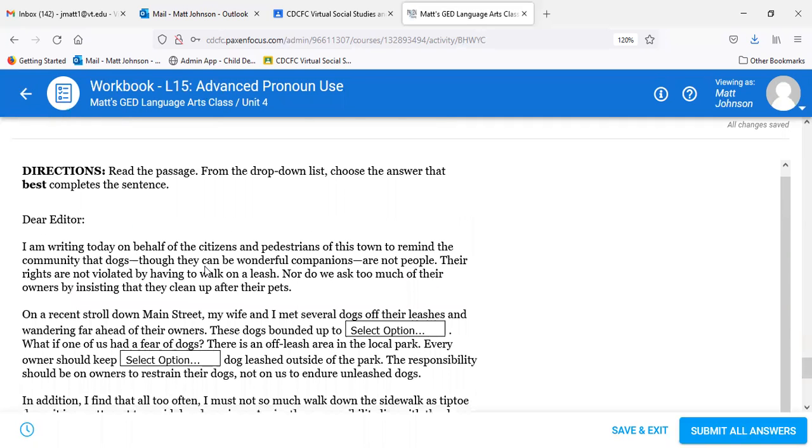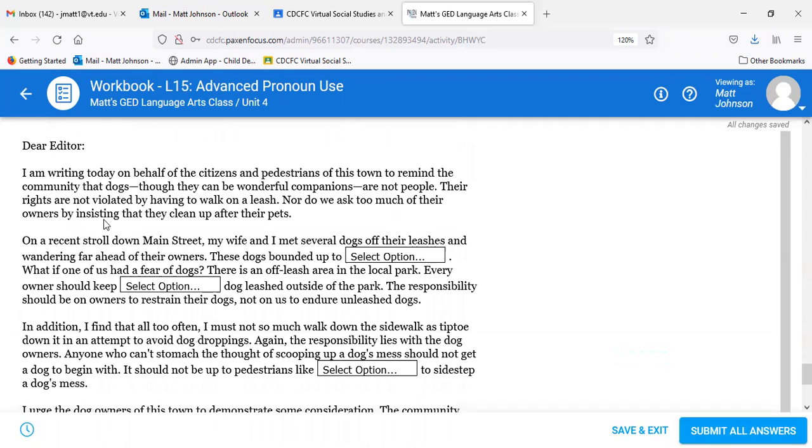Okay, last one. I am writing today on behalf of the citizens and pedestrians of this town to remind the community that dogs, though they can be wonderful companions, are not people. Their rights are not violated by having to walk on a leash, nor do we ask too much of their owners by insisting that they clean up after their pets. On a recent stroll down Main Street, my wife and I met several dogs off their leashes and wandering far ahead of their owners. These dogs bounded up to,